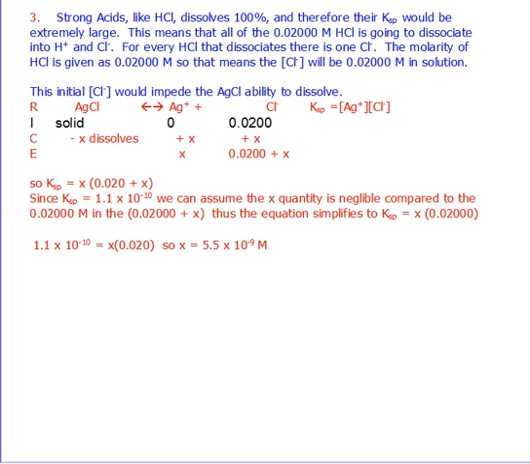Number 3 is a different scenario. In number 3, there's silver chloride and there's hydrochloric acid, both being mixed in the same solution. Hydrochloric acid is one of those strong acids like sulfuric or nitric, and that means it completely dissolves, 100% dissolves. You could think of it as having a very, very large Ksp, maybe not a million, but a very large Ksp. So all of its hydrogen and its chlorine dissociates. So if you have, in this case, 0.02 molar hydrochloric acid,